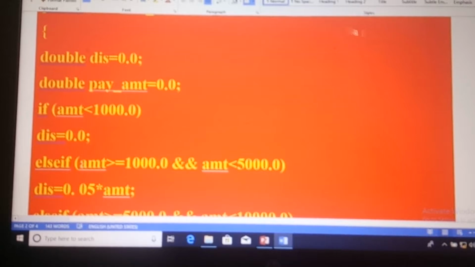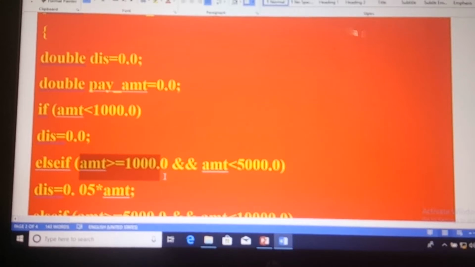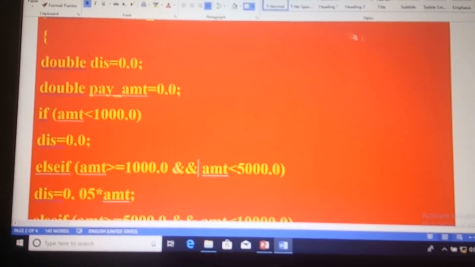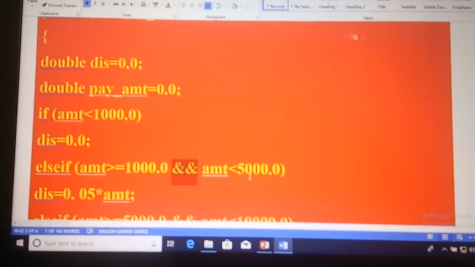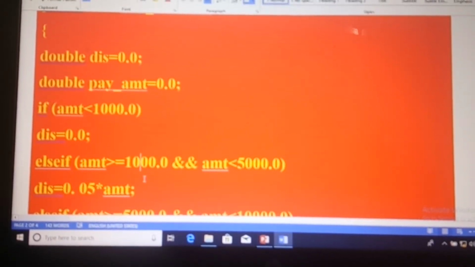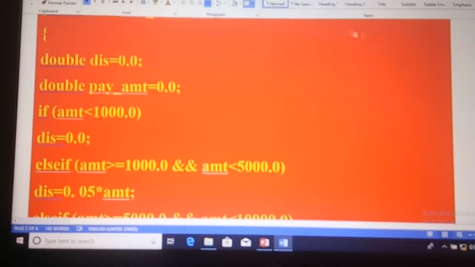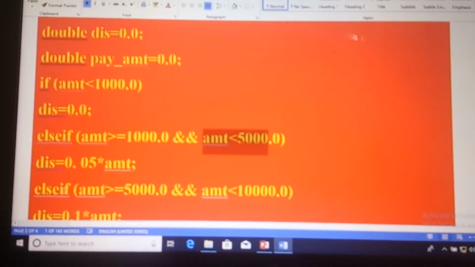Else if AMT is greater than or equal to rupees 1000 and AMT is less than rupees 5000, here these two conditions are combined by using the AND operator. The logical operator AND is used to connect these two conditions.